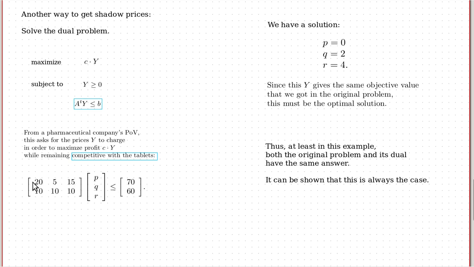The cost of the vitamins in the same amounts as in the first brand, right? And that total price should be less than or equal to 70 cents in order to remain competitive with the